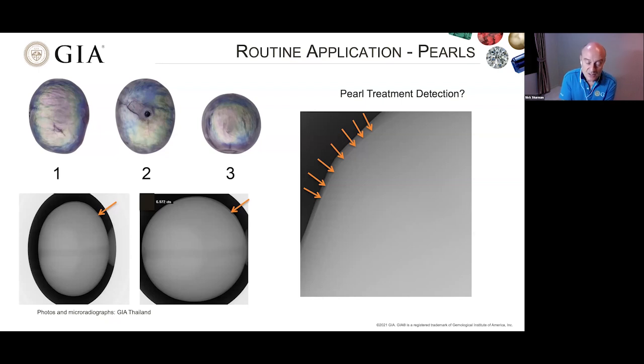So microradiographs can also help gemologists tell whether some pearls have been treated using inorganic metal salts like silver nitrate to modify their color. This usually has to be confirmed by EDXRF analysis to make sure that the silver is fairly homogeneous across the entire surface and isn't the result of metal contamination from the setting.